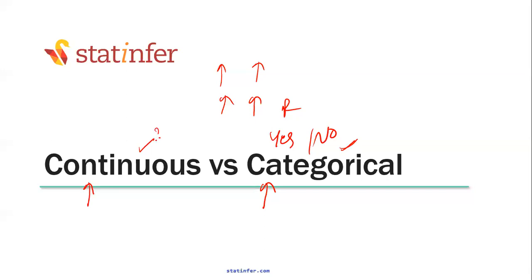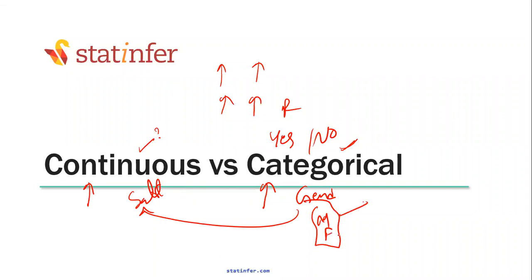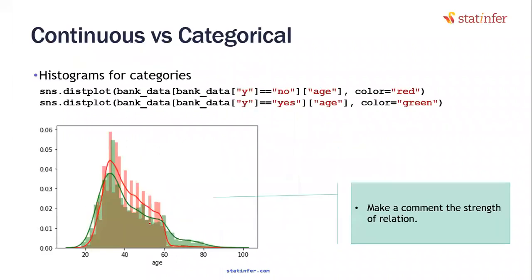Gender versus salary is a good example. Like you want to show whether there is an equal salary given to male and female, or if you want to highlight the fact that males are paid more, females are paid less. If you want to highlight that, how do you show that? Okay, here is one of the methods.